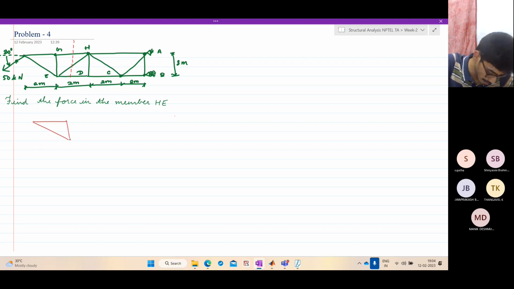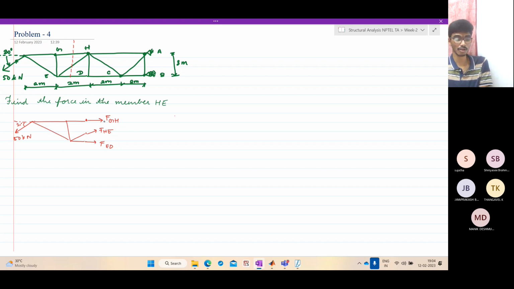So we have this, this, and this. So here you have unknown forces FGH, FHE, FED. Here at an angle 30 degrees, you're having 50 kilonewtons. Now what is the case? So here it is helpful. You don't have to take moment about E or G or anything. What is the reason? You have two parallel forces, and what you want is the inclined force. So these two parallel forces